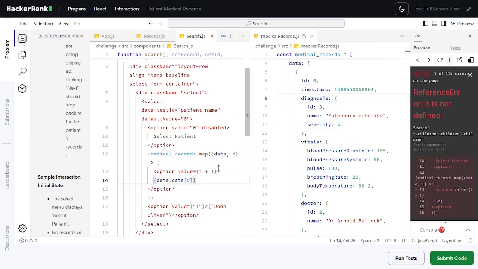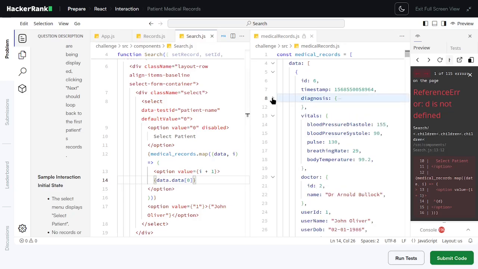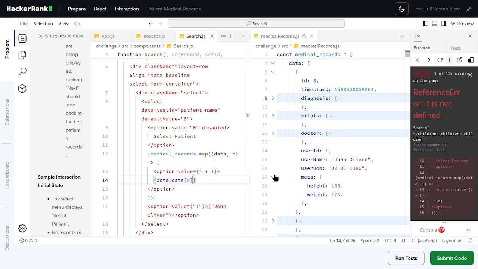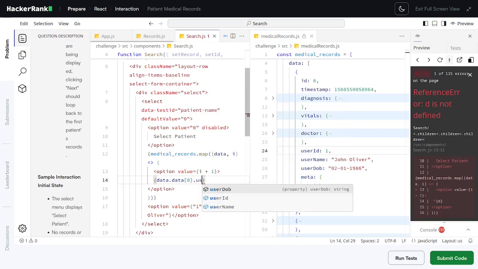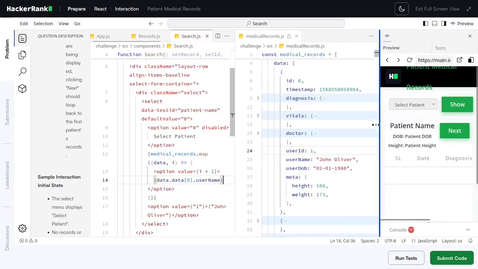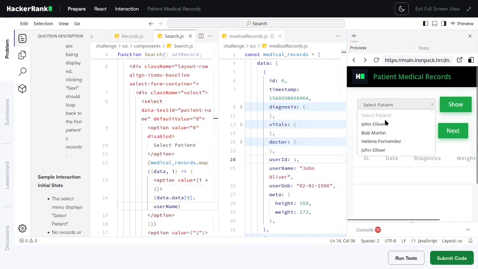Then we can pass in the diagnosis. Let's collapse this, and vitals, collapse this. Doctor name, we can use later, and meta, we can use it later. And we pass in the data dot username. Okay, so let's select,